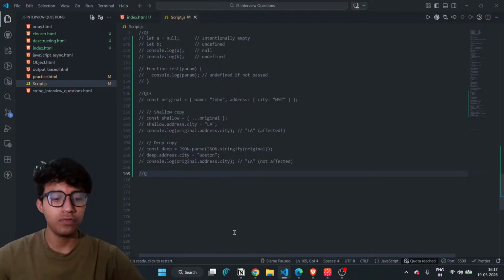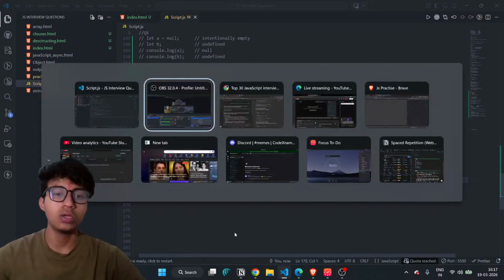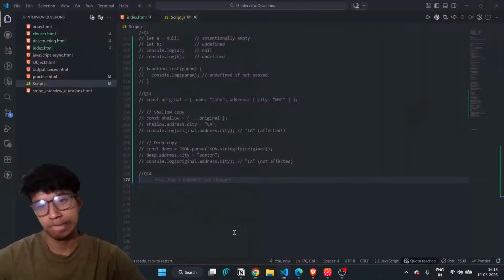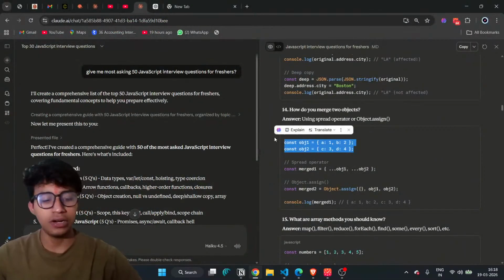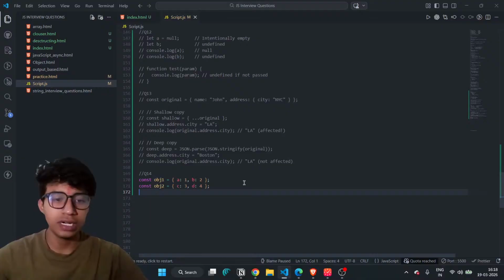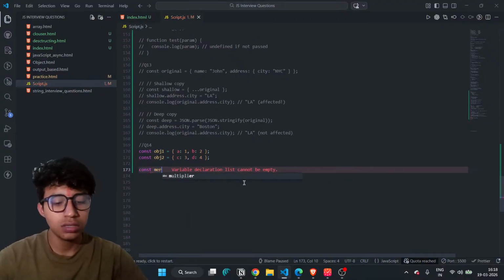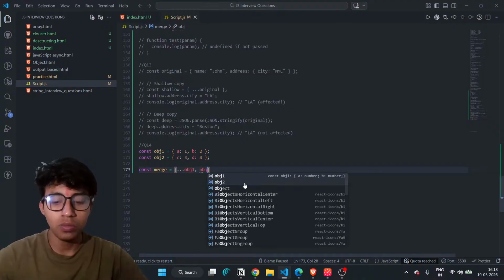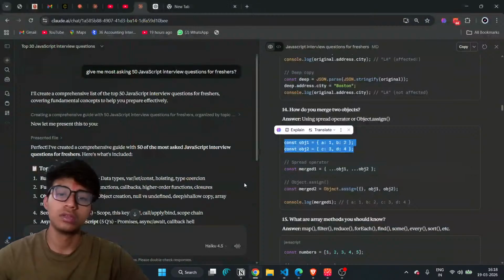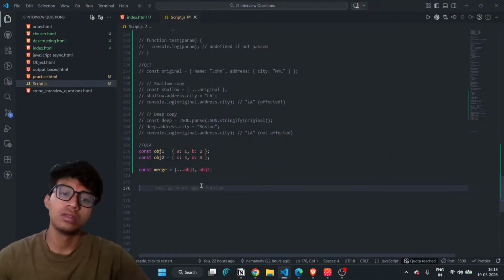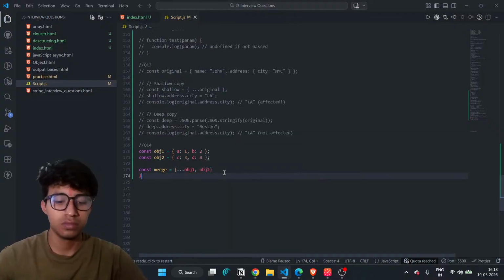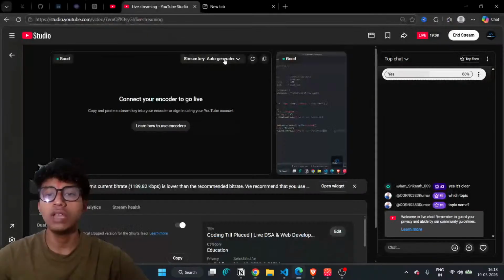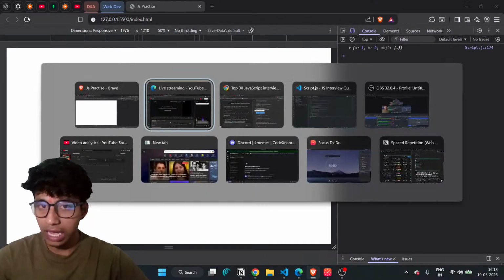Question number 14 is just like how the const is... ठीक है, क्या करते हैं, we simply copy that object and merge it. ठीक है, so there are two objects, and if we have to merge that, const merge, and dot dot dot is a spread operator, and obj1 comma obj2. ठीक है.